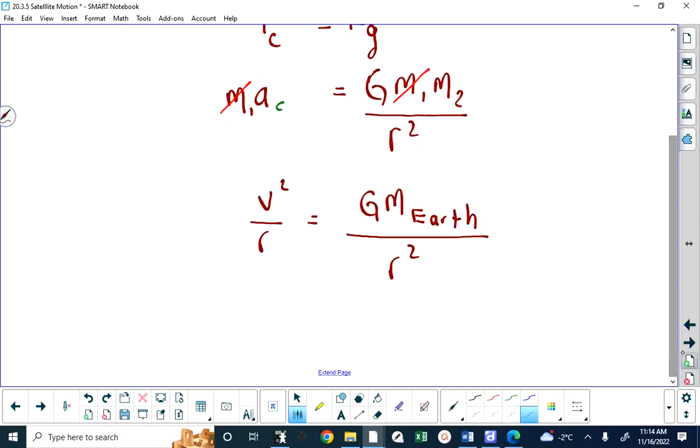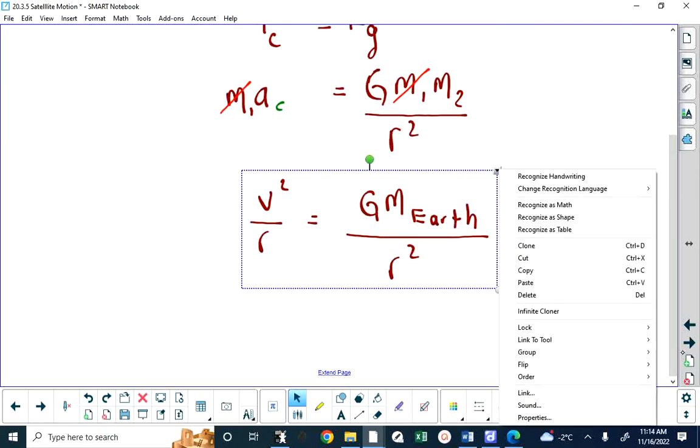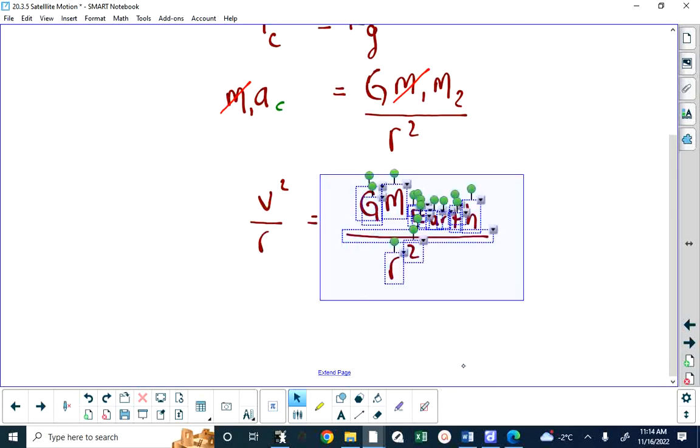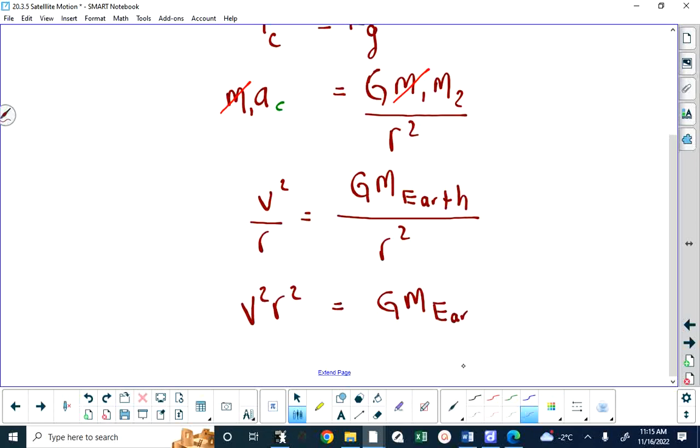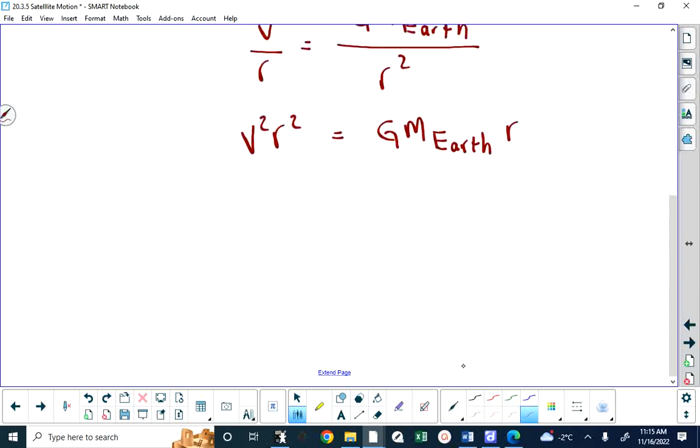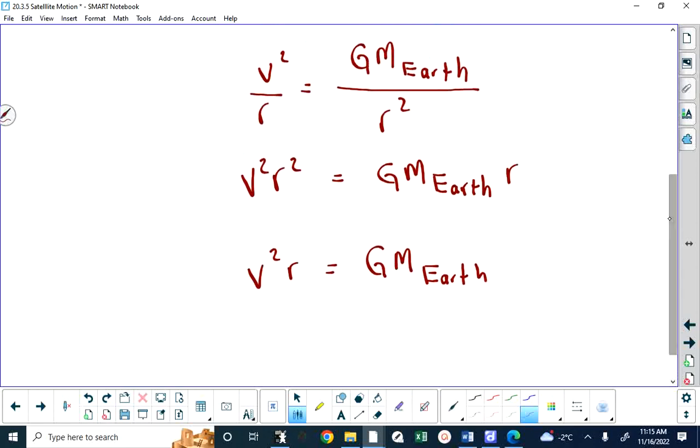Okay, well, I can cross multiply here. I'm going to cross multiply, and top of the left side is v squared times bottom of the right is r squared equals top of the right is g m of the earth multiplied by the bottom of the left, which is r, and you can divide both sides by r to simplify it and get v squared times r equals g m of the earth. So all I've done is I've canceled an r from the left and the right, and that means v squared equals g m of the earth